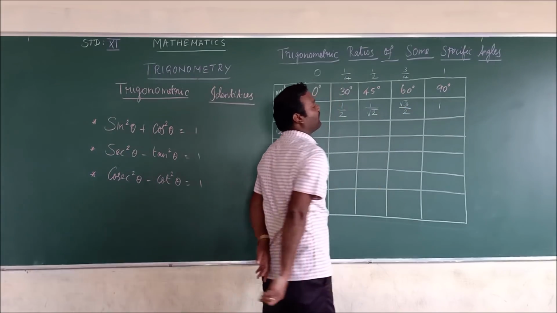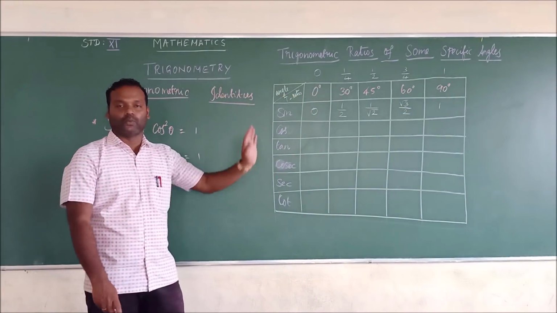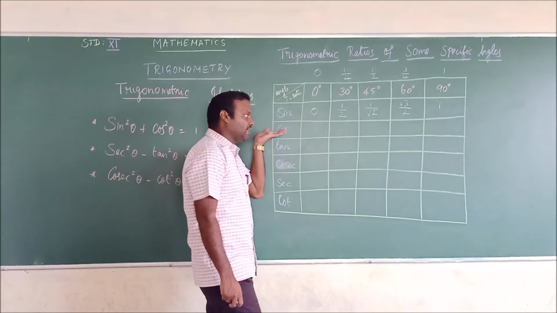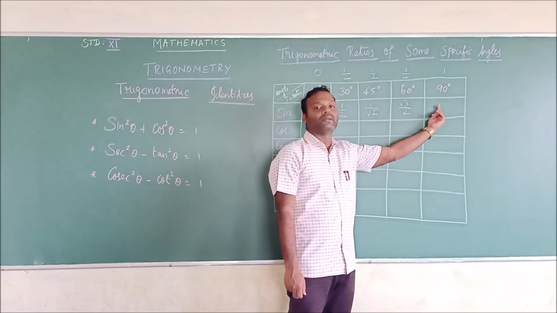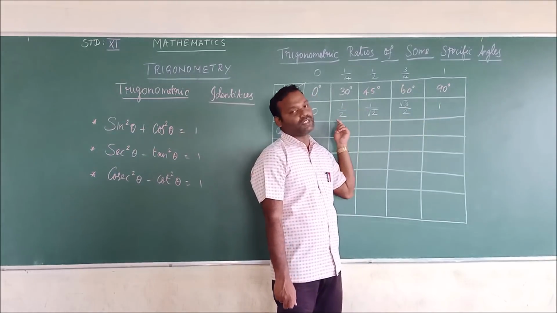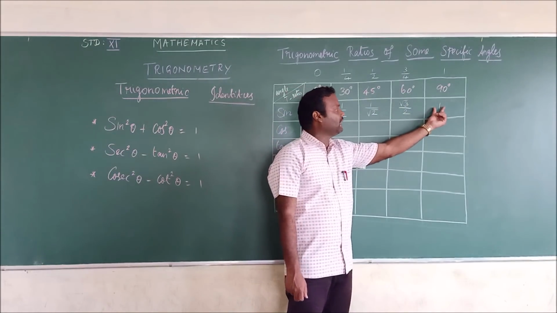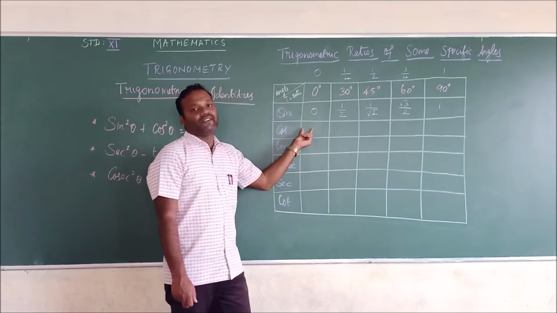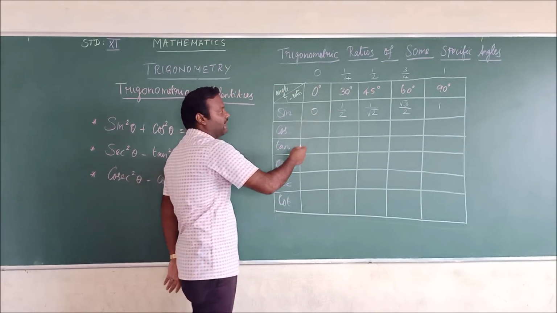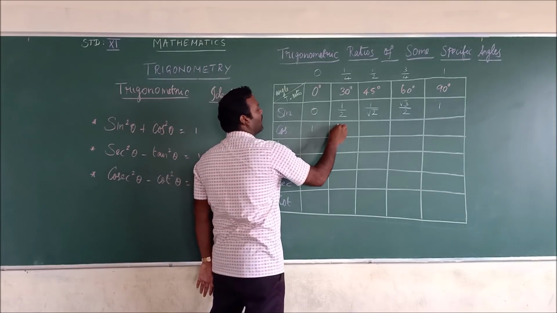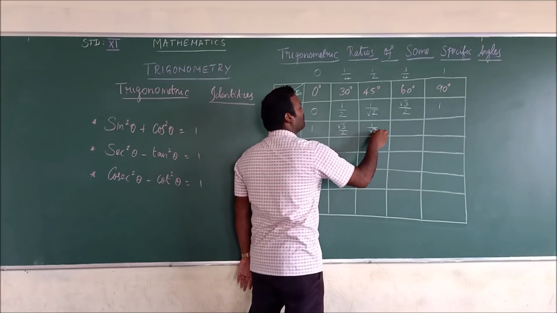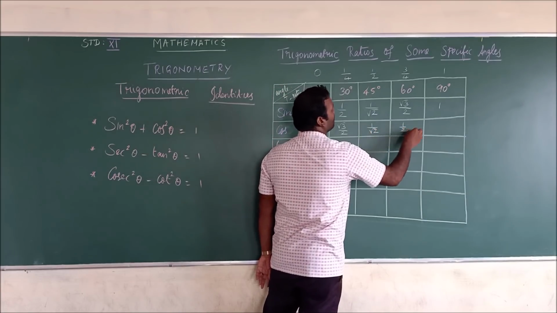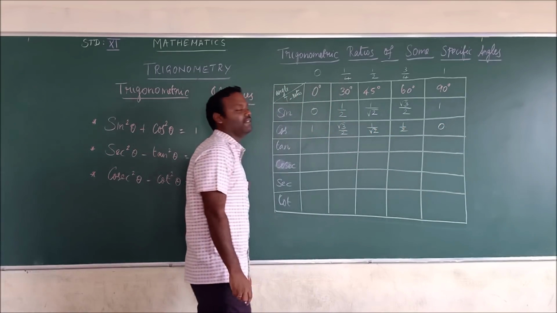And you are taking the positive square root for 1 as 1. If you want to write the values of cos theta, you have to write the values from the end to the starting. You have to fill the last number into the first box. When you are filling in the reverse order, what will you get? 1, root 3 by 2, next 1 by root 2, next 1 by 2, and the next value is 0.